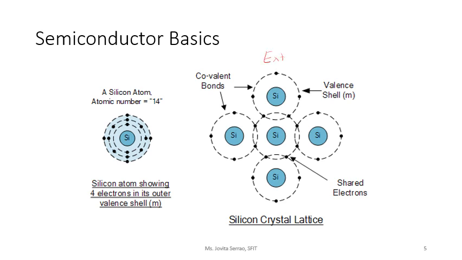Now what we are doing in extrinsic semiconductor, as I said earlier, we have two types of semiconductors. I can have either intrinsic or extrinsic semiconductor. Intrinsic semiconductors are pure semiconductors. So since extrinsic is supposed to be opposite, it is definitely an impure semiconductor. Now when I'm adding an impurity to the semiconductor, this can either be from group 3 or it can be from group 5. What you are seeing on your screen right now is a silicon crystal.